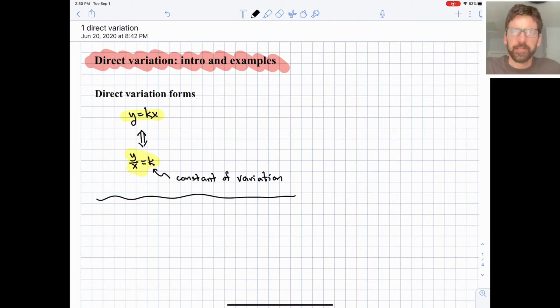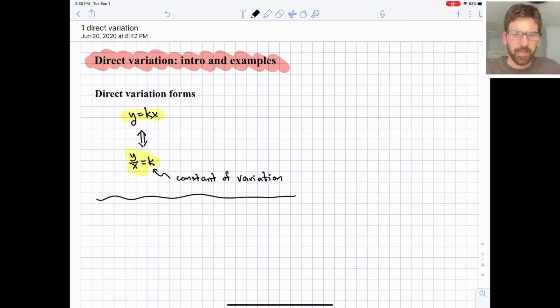All right, this is a video on direct variation, and we will start with an introduction and then do a few solved examples. So direct variation is a special case of a linear function or of a linear relationship where the y-intercept is 0. In this case, direct variation uses the form y equals k times x,